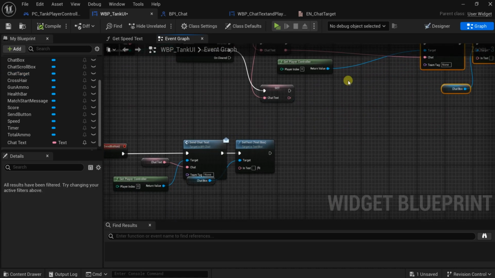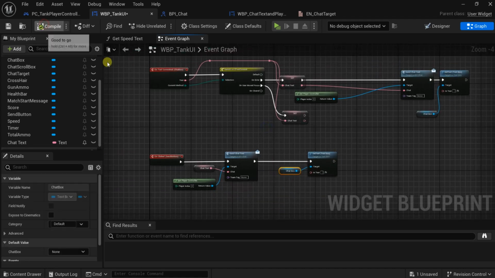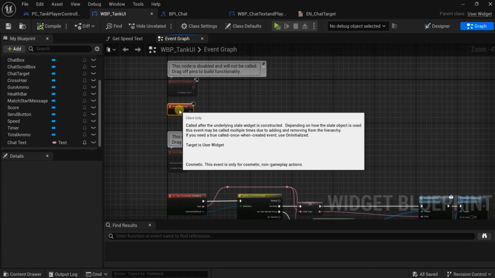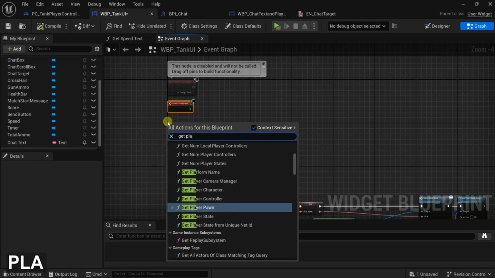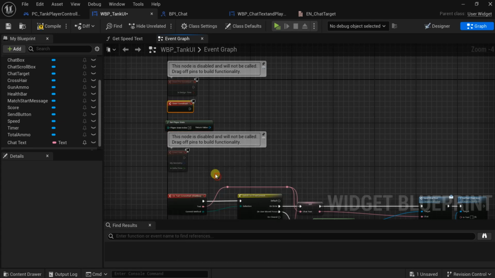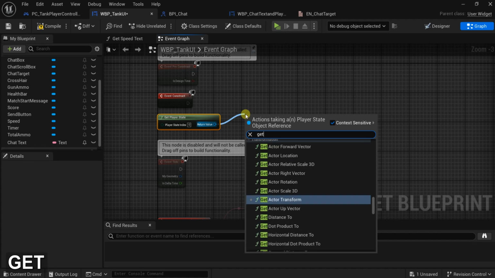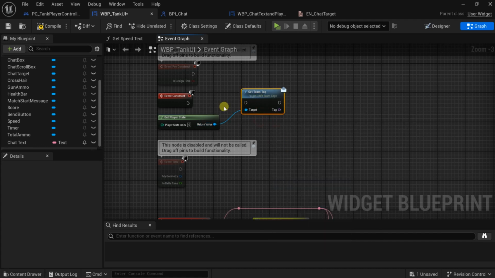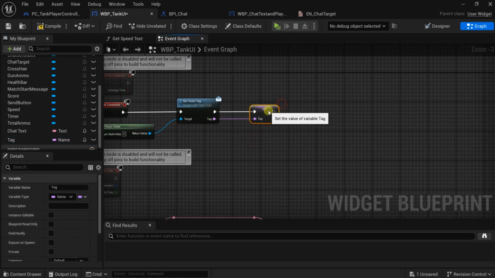Okay, here on begin play, I will set the team tag. Team tag where we get it from the player state. So get player state here. Like I said, here you do not need to specify the replication because it is only local on the UI. Here get team tag and put it in a variable,